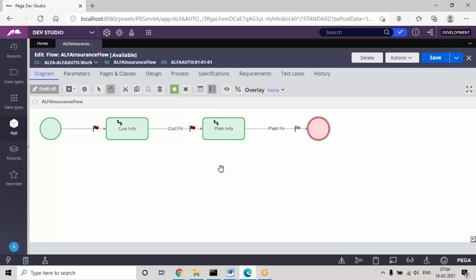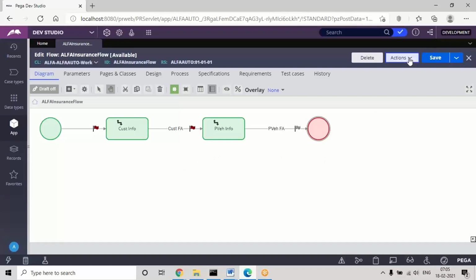See, what I'm going to do is run the transaction multiple times and close view work objects at pending customer info, at pending vehicle info, and at resolve completed. Try to add some records with each different status, like one or two records for each status, so that we'll understand the next example. If records are there, you'll understand how to apply the filter conditions in a report. In live, records will be created automatically based on user interaction. But here in the personal edition, to execute and test the next example, I want to add some records here.